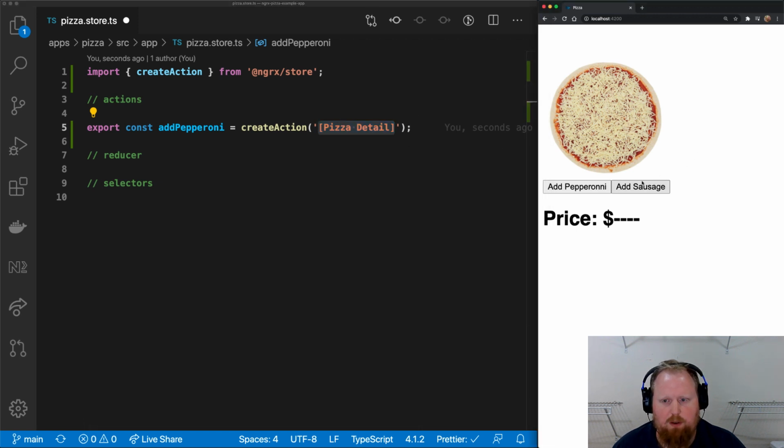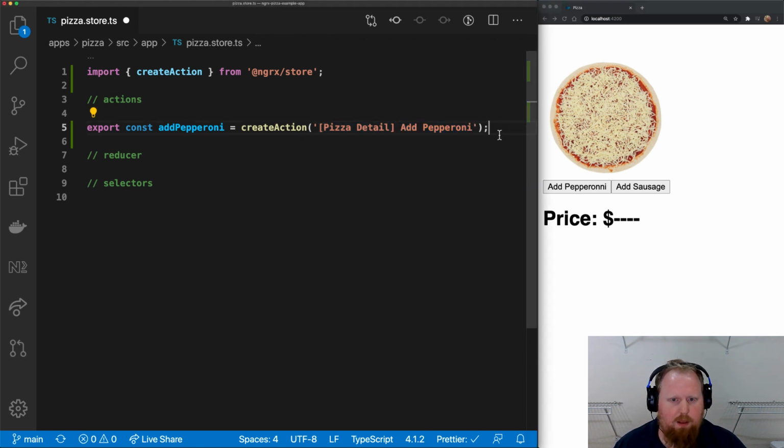So if we think of our pizza component here as being like a pizza detail component, I think that's the idea here. The idea being later on we could also have like a pizza list domain, that would show a whole series of pizzas that we could potentially add pepperoni or add sausage to. But because this action is specifically adding pepperoni, we'll go ahead and add that outside of the domain,